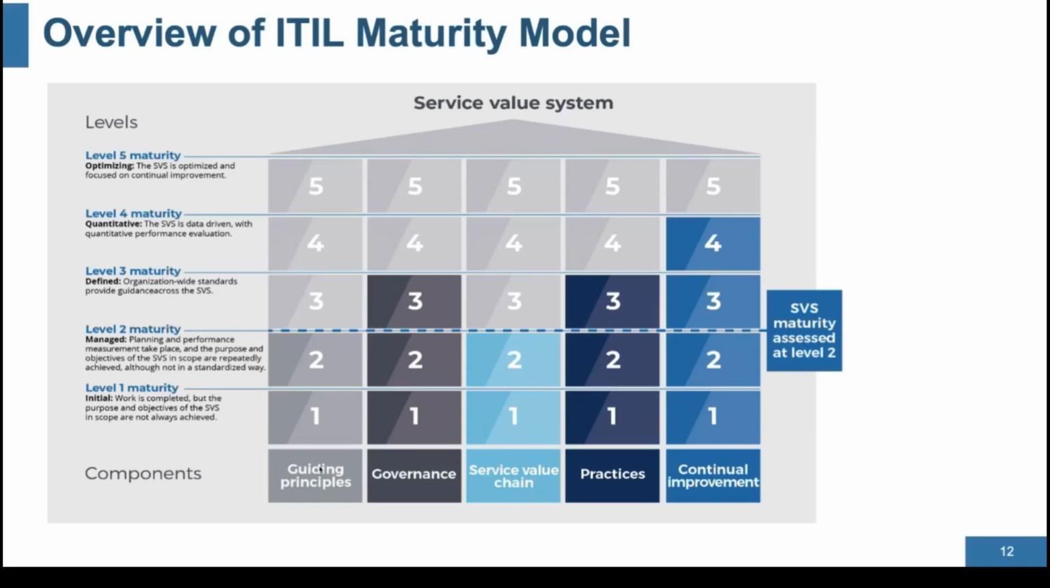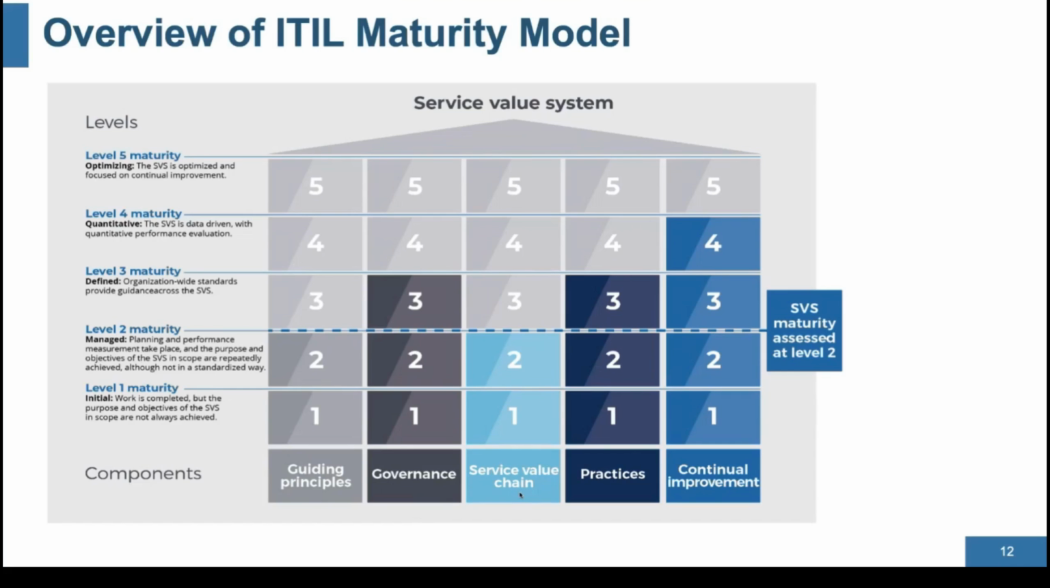The guiding principles, the 7 guiding principles, which are the rules for service management according to ITIL 4. The governance, which means, in fact, how an organization is directed and controlled. So all the governance body and how it works. Service value chain, where you have all the main activities that lead to value. So that means the activities related to maintaining and creating new services